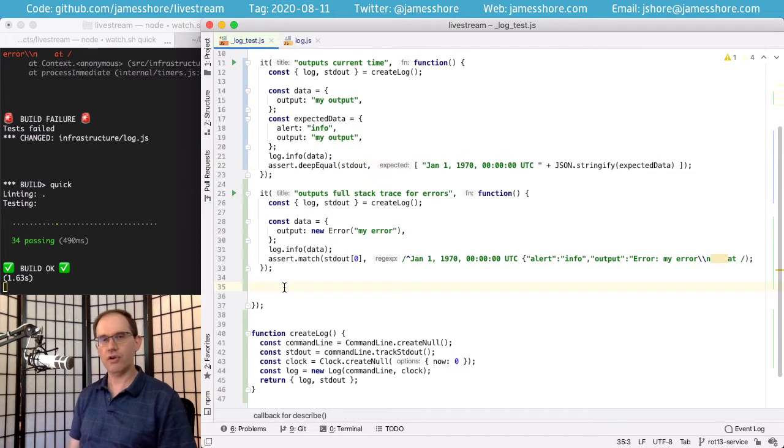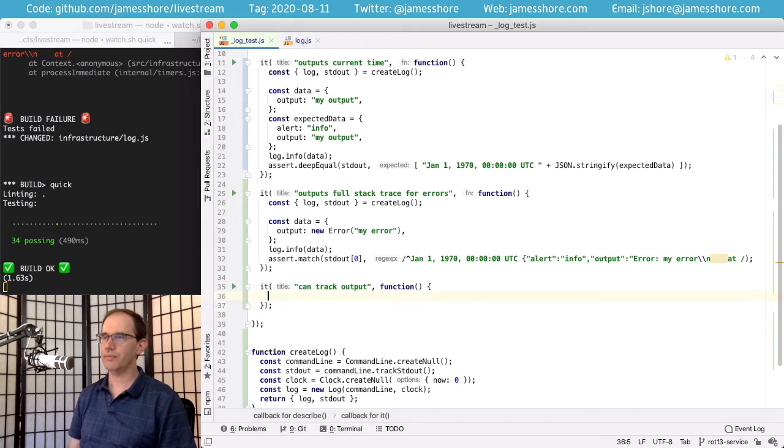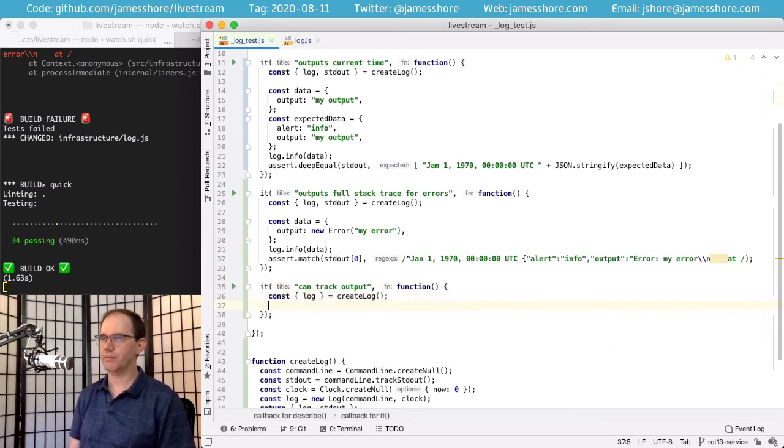So what we can do for our track output is we can actually simplify this so that it's better than just calling track standard out. Let me show you what I mean here. So we're going to say that it can track the output. So we'll get our log, and we will call track output on that.